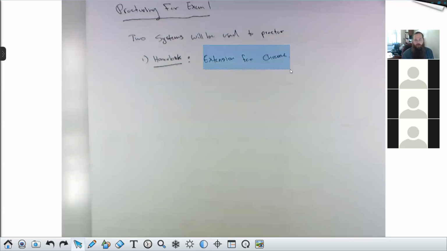So Honor Lock is an extension for Chrome. Make sure you've got Chrome installed. Make sure you've got Honor Lock installed. Make sure both are up to date. Both the extension and the browser require updates from time to time. Easiest way, if you don't know how to update the extension, just uninstall it and reinstall it. Chrome has its own automatic update system, so as long as you haven't been ignoring those, it'll be up to date. If you have been ignoring those, just Google how do I update Chrome. It's not that hard. The other system,